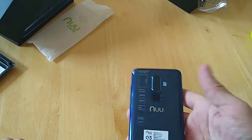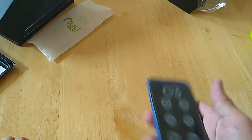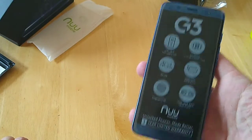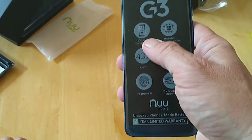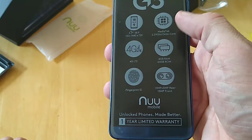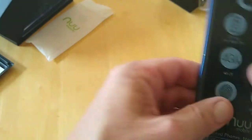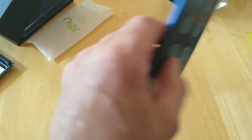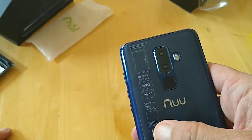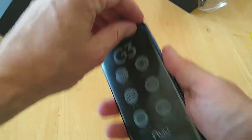So straight away this really feels solid and premium, and yes, really nice. On the front here we've got "unlocked phones made better" with a 1-year limited warranty. We've got a 5.7-inch 18:9 screen, MediaTek processor, 4G, 4 gigs, 64, fingerprint ID and a dual camera setup on the back. We've a dual SIM as well, or you can use it with a micro SD card too, so you have options there. So let's peel off